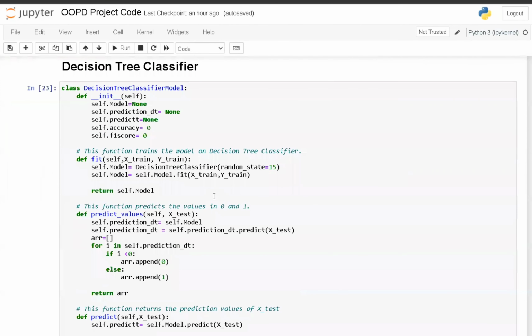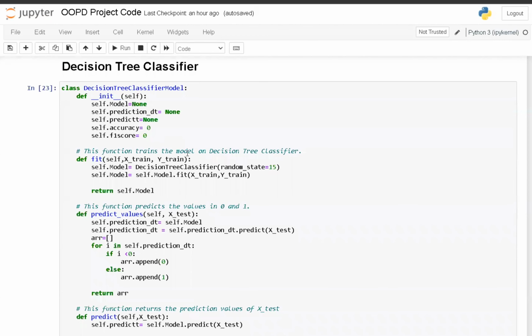Basically, for choosing the best model for our data prediction, we have used different ensemble classifiers. The first one was our decision tree classifier, in which we prepared a class for the decision tree classifier model, with a variable to which we assigned some value.